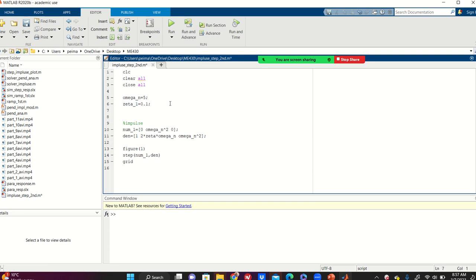So let me do this. I want to show the difference. And zeta 2 is 0.5. See, I'm adding more damping to the system. So I'm going to say hold on, and this is then1. Okay, hold on, and still we are working on the impulse. So if I say this, and if I run this,